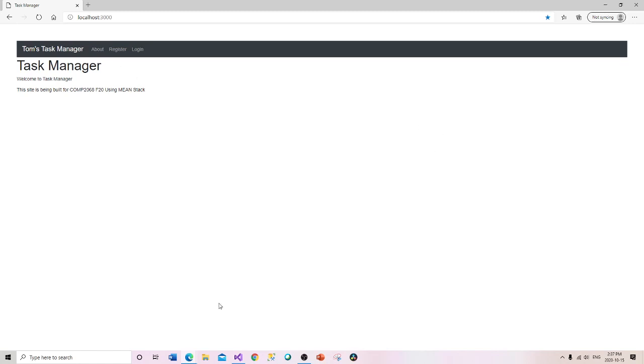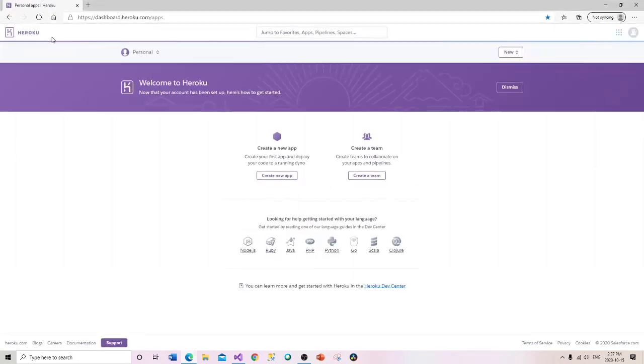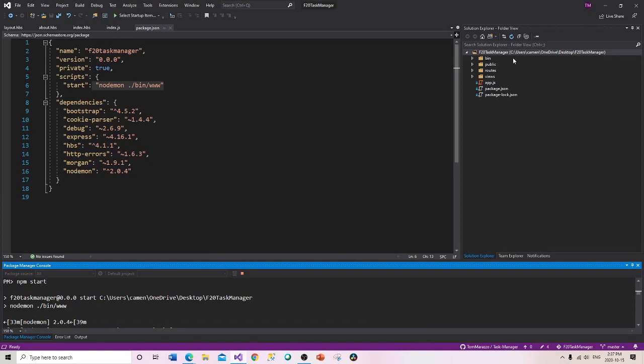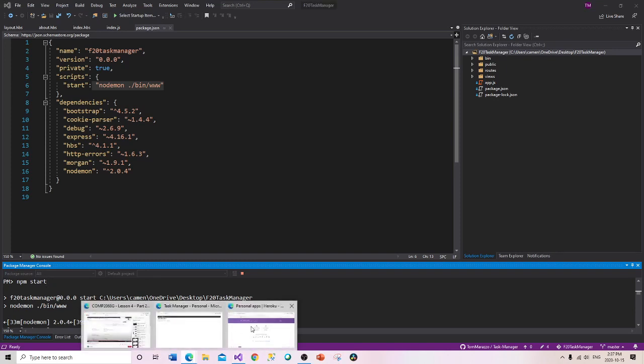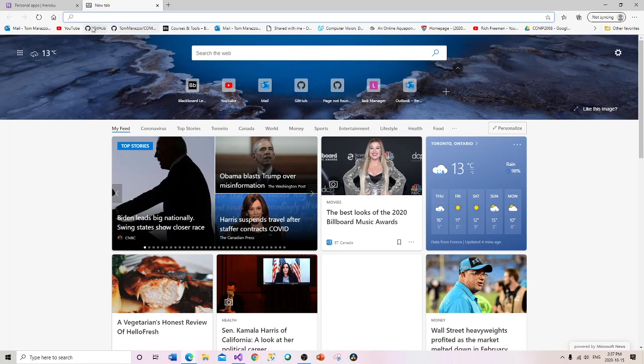So today what I want to do is go back to this Heroku, and I want to connect our database or our web application into Heroku. And we're going to use our GitHub repository to do that. And one change I want to make from last week, I know this project is called F20 for Fall 20 Task Manager. And somewhere in my GitHub, I think I'm calling it,